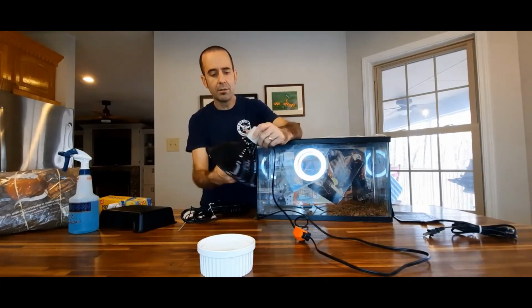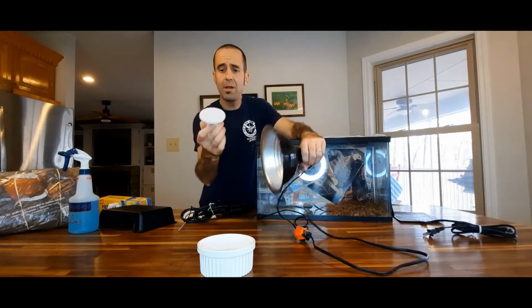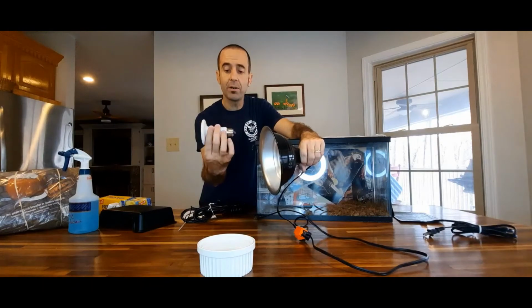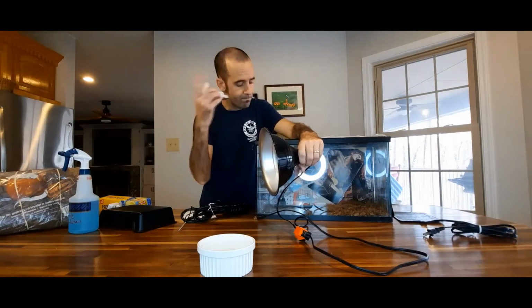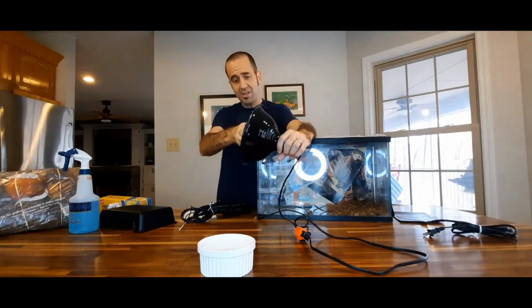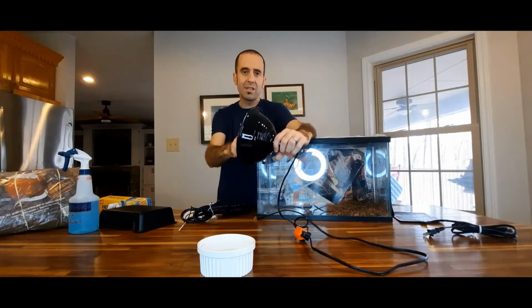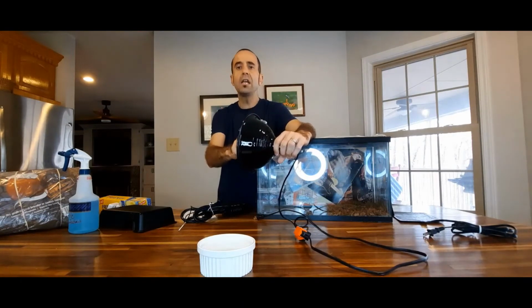You got your lamp. This is what's called a CHE, a ceramic heat emitter. This is a 60 watt, and I think anything over 60 watts is overkill. The thermostat is going to regulate the temperature for you. If it's not hot enough in there, the thermostat stays on, and you'll produce more heat until it is hot